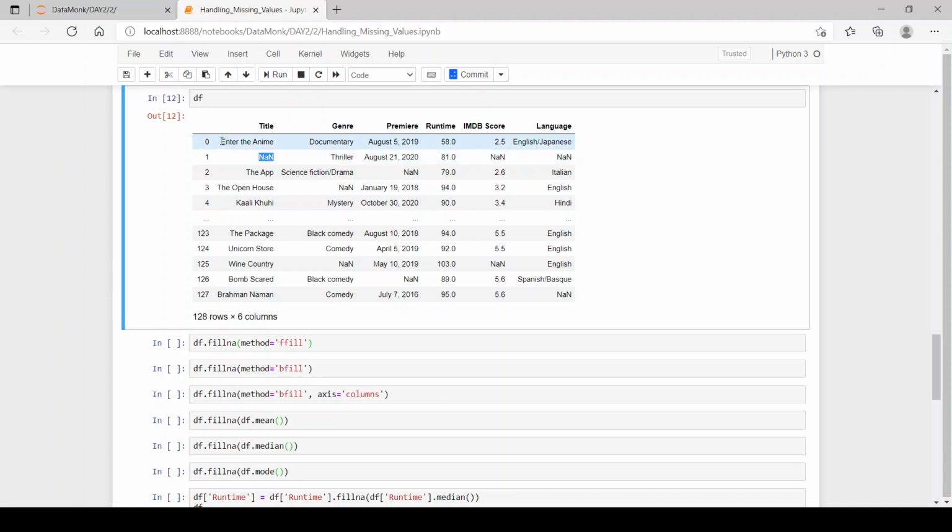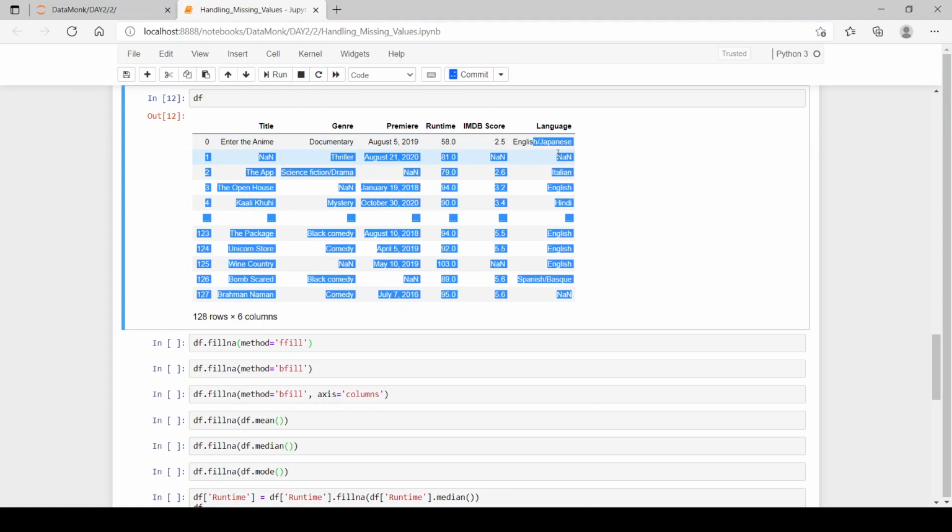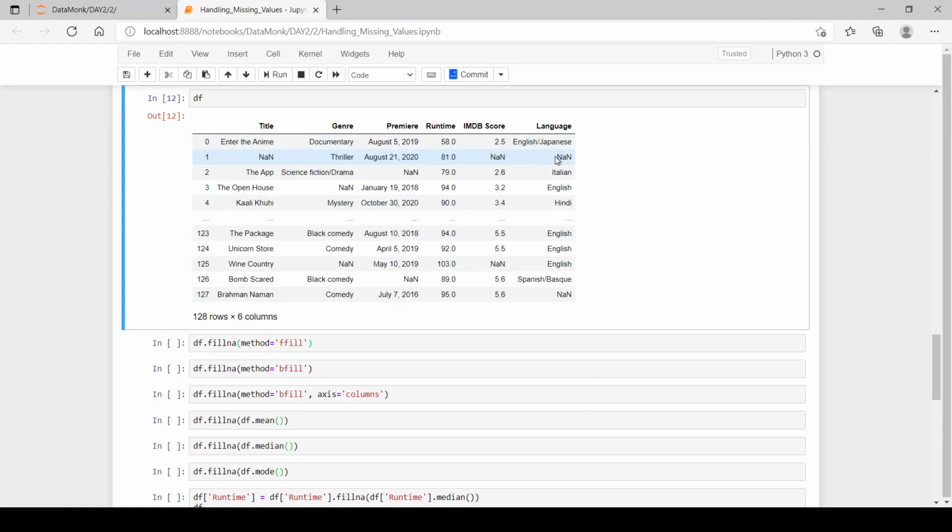So here the above value is Enter the Anime. So Enter the Anime will be pasted in place of NaN values, and over here we have a NaN value, so we will have 2.5 which is above this, and here we have English/Japanese which will be replaced in this NaN value. The one above the NaN values will be printed on it.